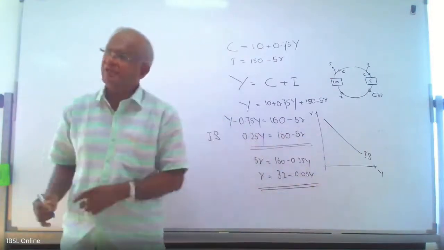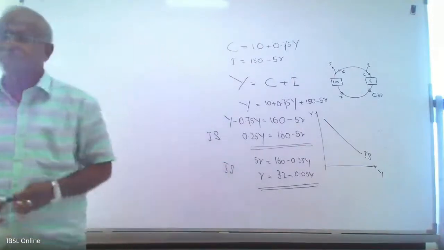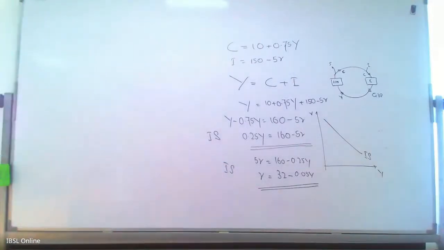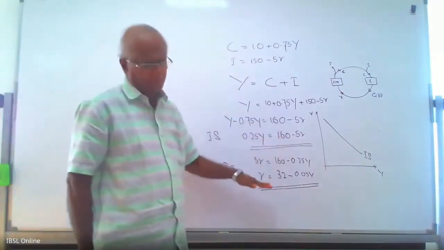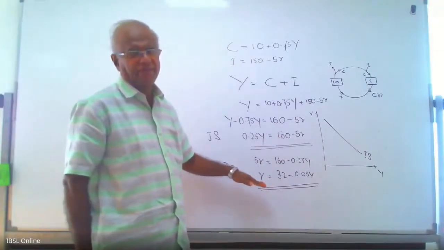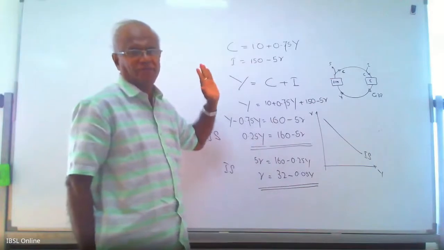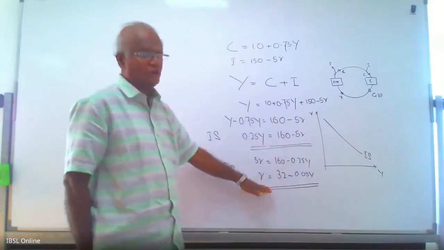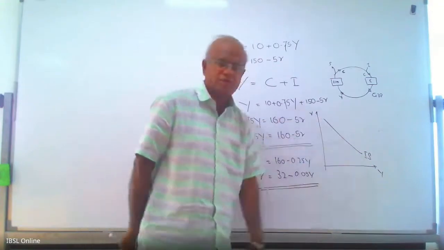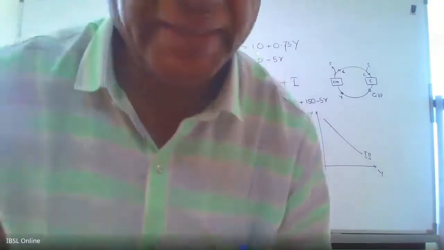But in the examination, you get the full marks. No problem. Y equals C plus I. Substitute, then get the equation. In the examination, this is not necessary. If you stop at this point, you get full marks. If you are good at maths, you can come to this point. No problem. But it should be a negative relationship. Okay? Right. Take down that.